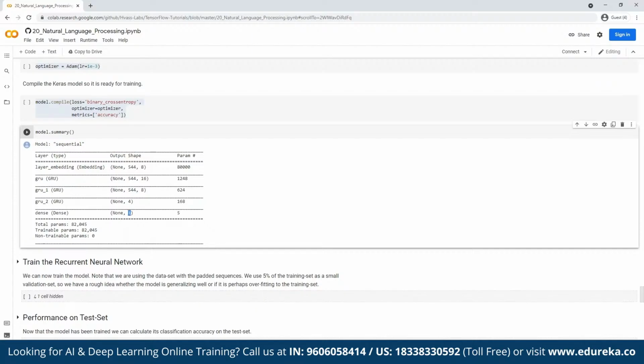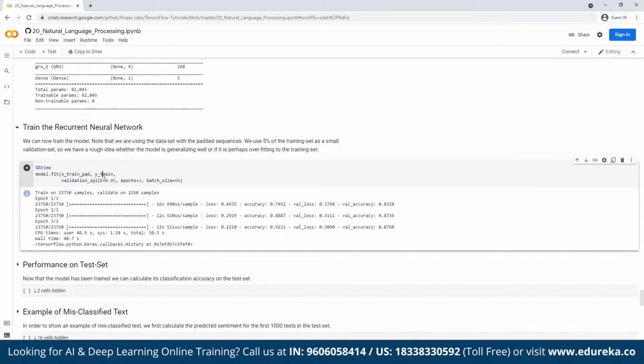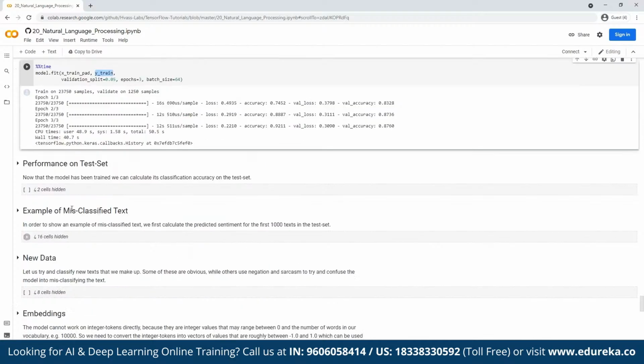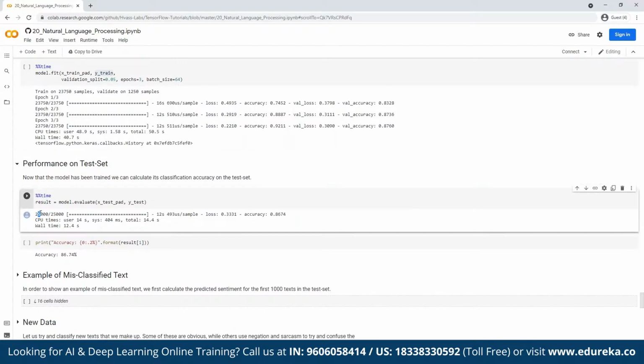If you see, the output shape is 1. So out of the last layer, the output will be either 0 or 1. 0 means negative review, 1 means positive review. So we will train the network here with xtrain and ytrain. We will train the network here, and then we will check its performance on the test data set. So if you see here, for the 25,000 unknown data set which the model has not seen during training, it is giving an accuracy of 0.87674. So 86% of times it is accurately identifying whether a given review is